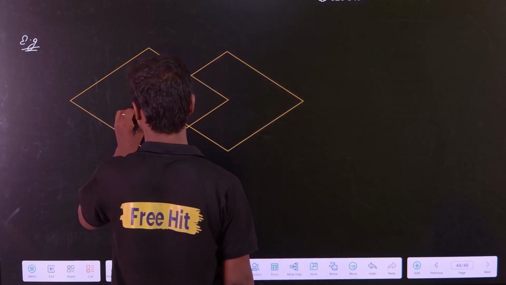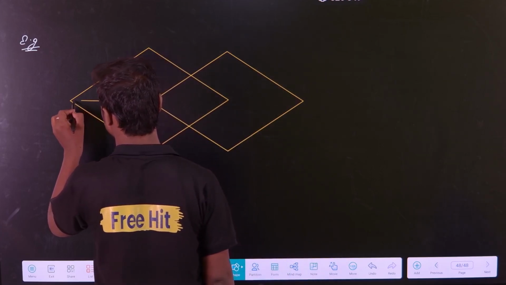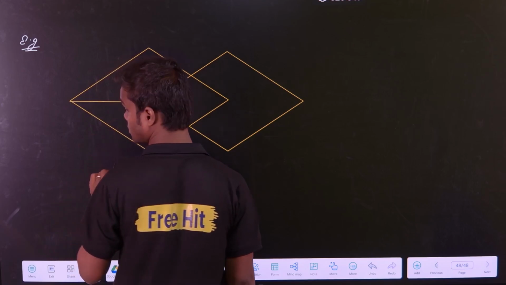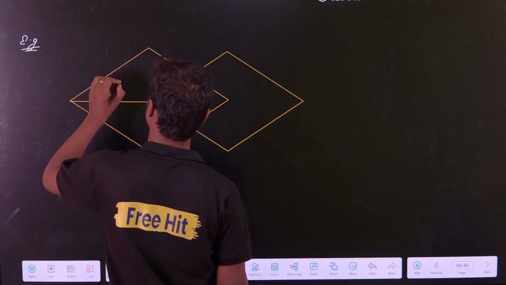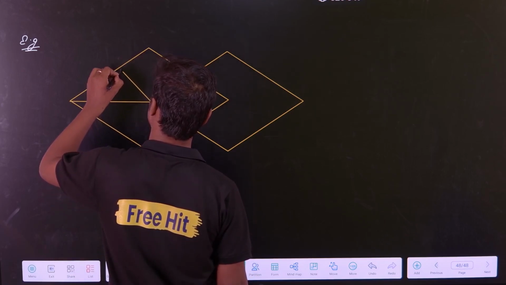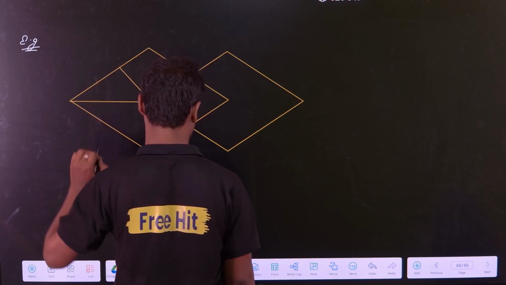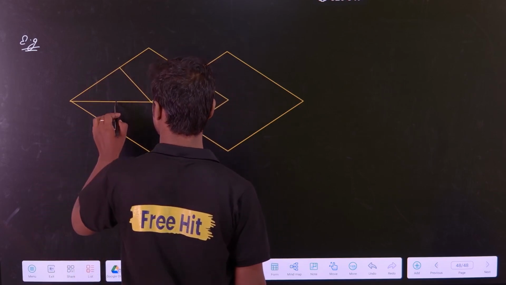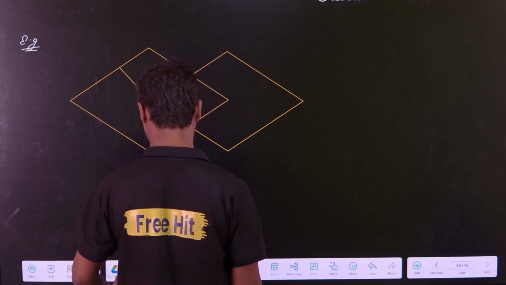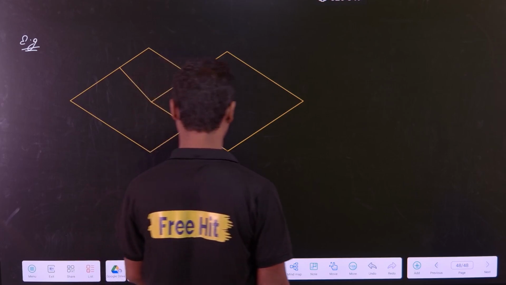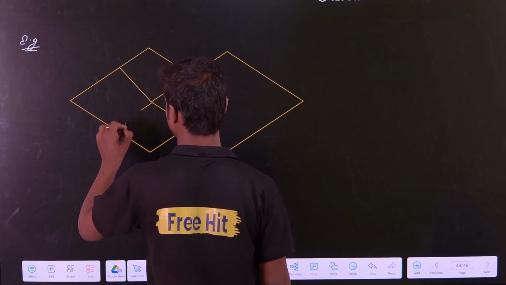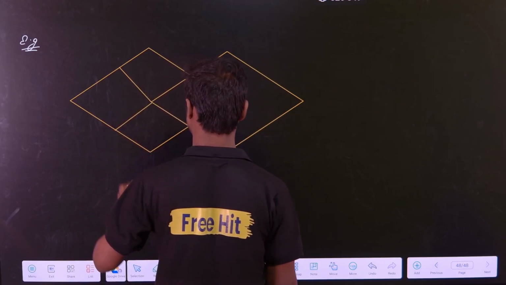Just try to understand the diagram. The diagram is slightly complicated, not that much, but yeah, slightly. It will be difficult for you to understand, but try to understand this, because in the exam they will ask you this type of questions only,